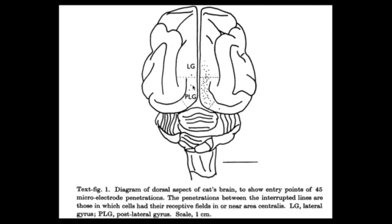They're piercing the brain with these black dots, electrodes, to record the electrical activity of individual nerve cells, individual neurons in the striate cortex of the cat. Here you've got the front of the brain, the back of the brain, left and right, and this is the top view. The researchers actually listened in to individual nerve cells firing in the anesthetized cat as they presented it